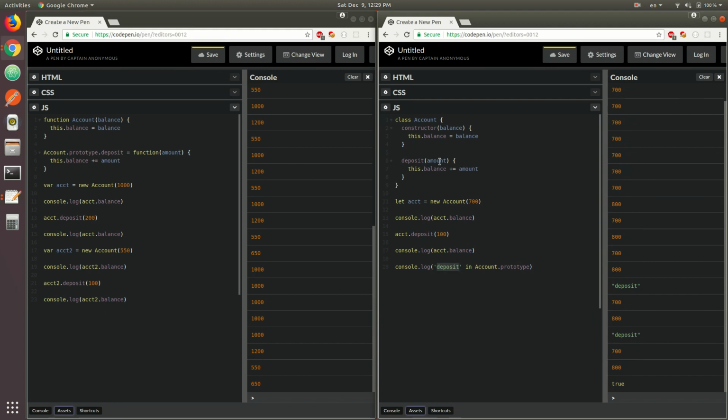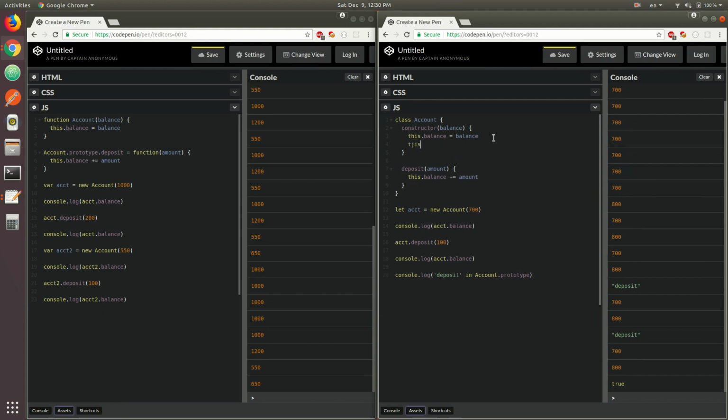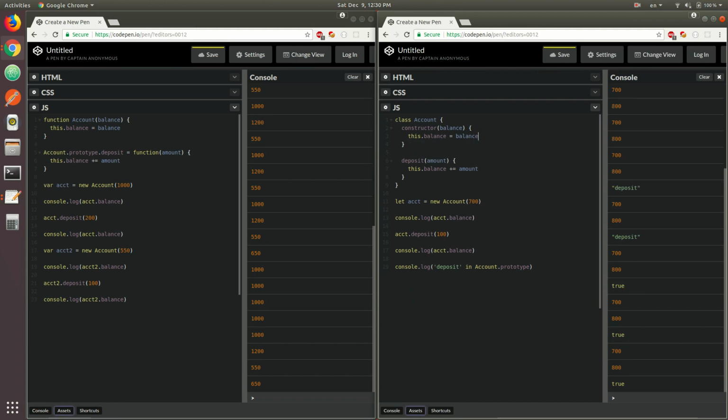So like I said, the deposit function is being created on the prototype. It's not being created as a property on the constructor. You could still technically do that, but like I said, really it's a waste of memory and there's no reason to do that. Now the other thing that you might consider when dealing with objects in JavaScript is getters and